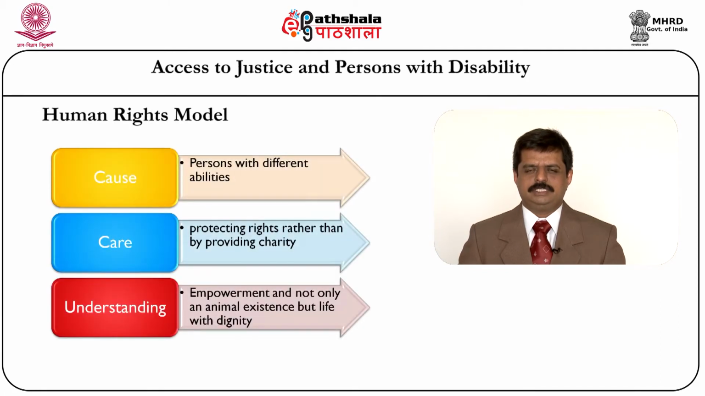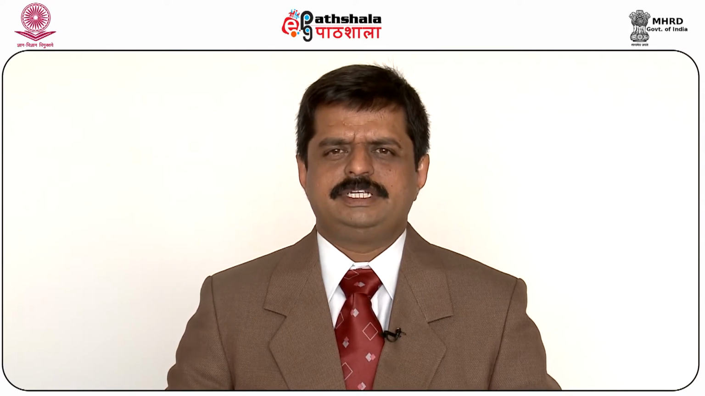Now, in this model they consider the person with disability as a person with different abilities. So, we need to protect his rights rather than provide him with charity, and therefore, the human rights model provides for empowerment of persons with disability rather than providing them with any kind of charity or facility. So, moving on from the theories, the models of rehabilitation, and the concept of disablement, let us take up the discussion on